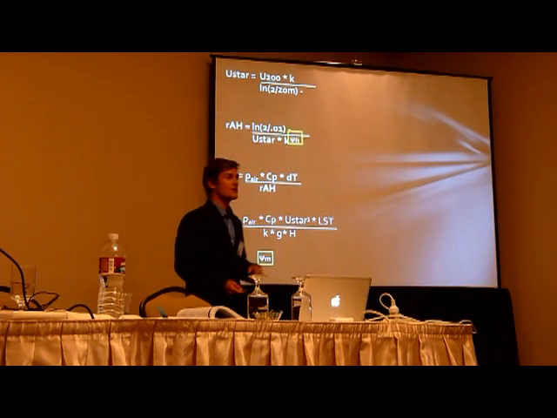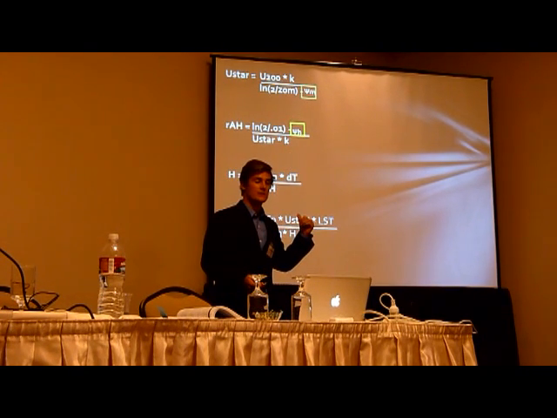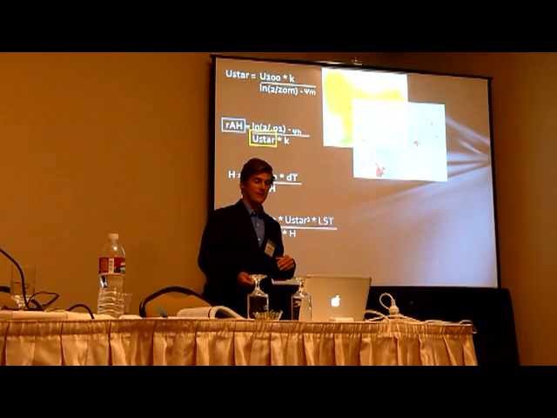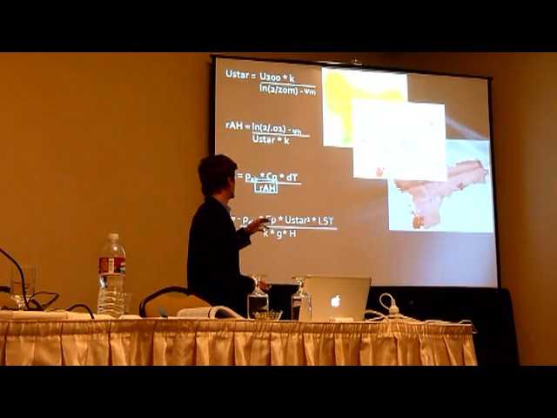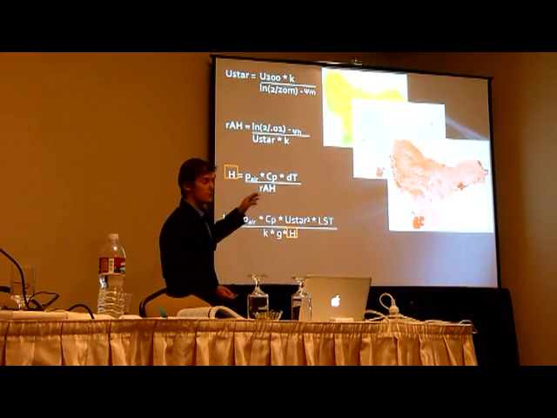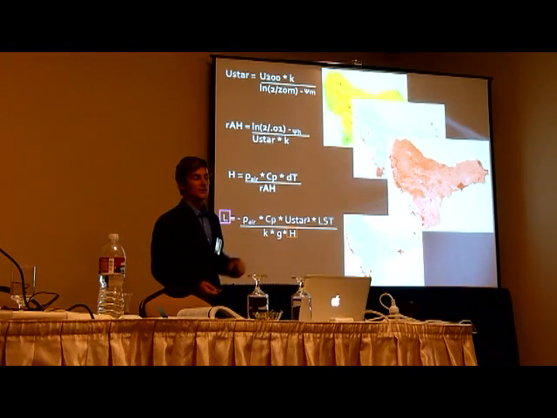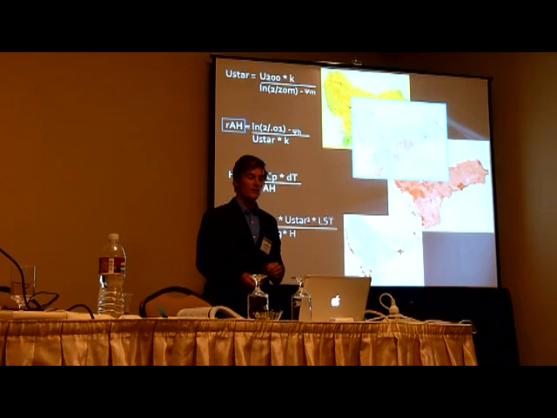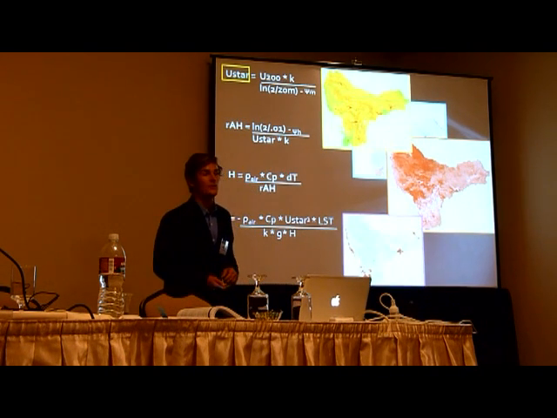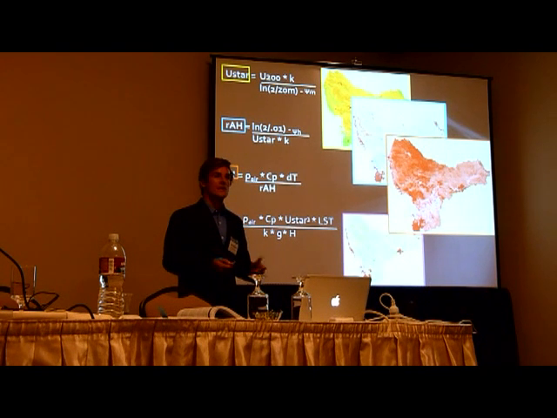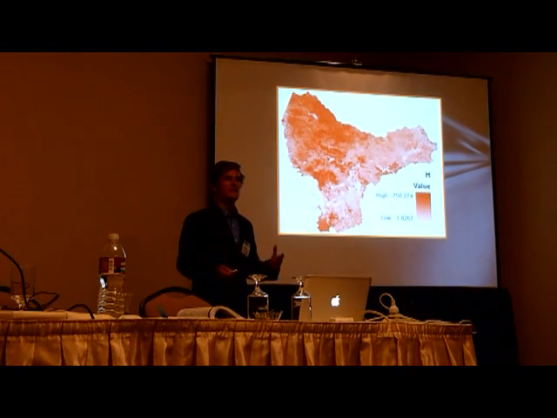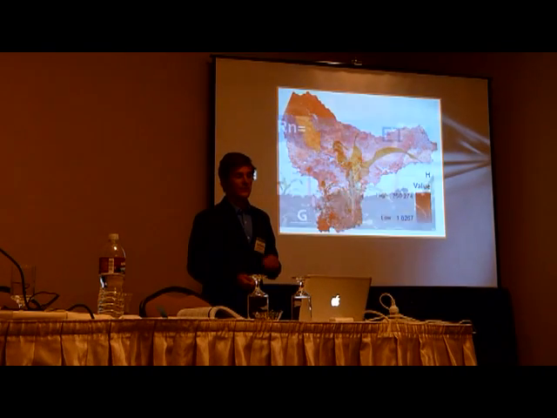So we use those correction coefficients, we plug them back into the original equations, and it goes back through and recalculates everything. You calculate your RAH, that calculates H, you plug it back into L, calculate new correction coefficients, and the process iterates over and over and over until the values stabilize, which is about 10% change from one to the next. And then you know that's your corrected sensible heat flux. You can see there's a lot of steps that needed to be automated, and least of which was the pixel